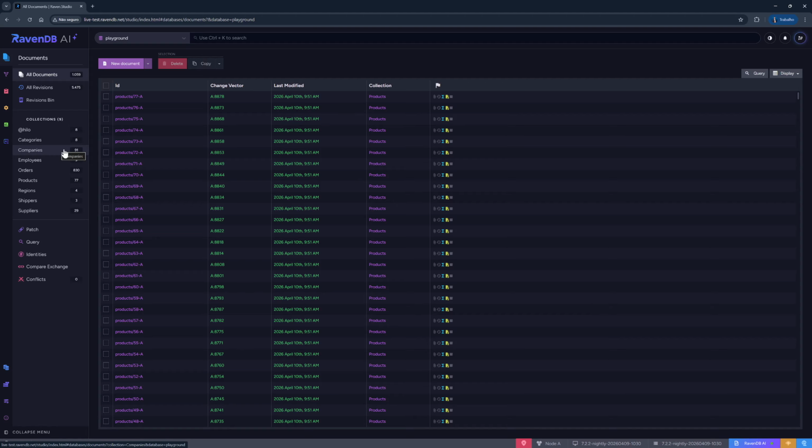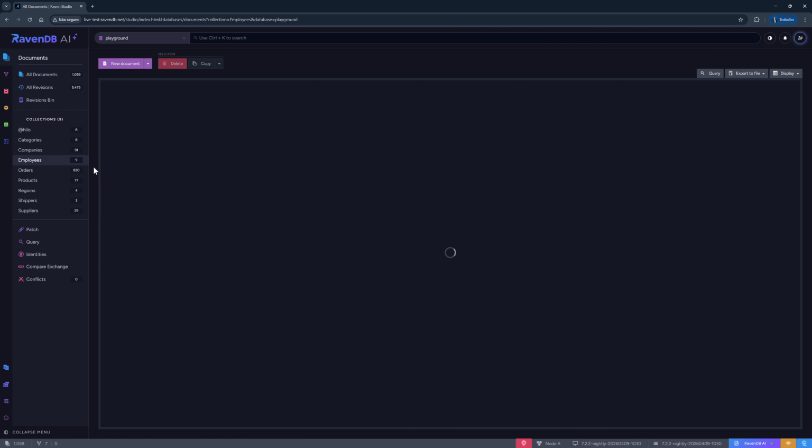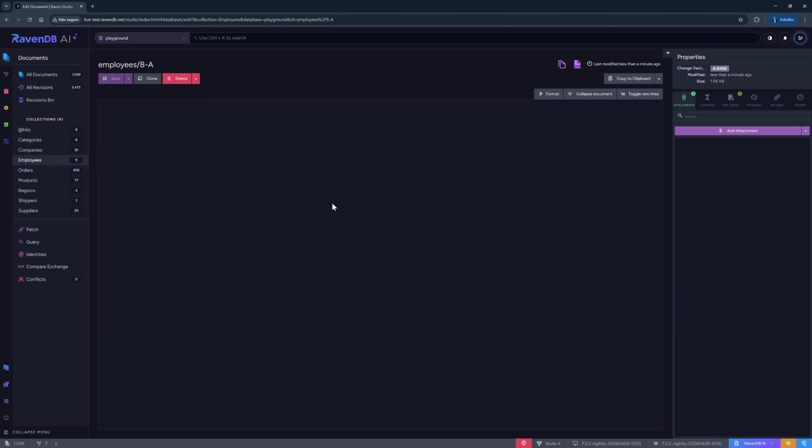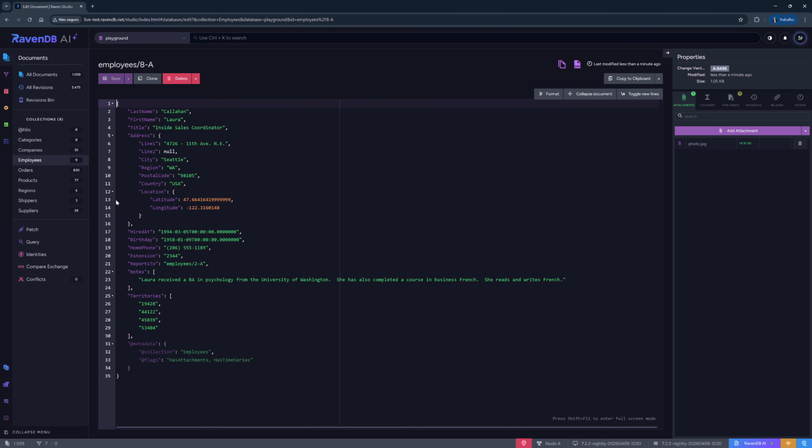Collections are kind of tables, but they do not exist physically. They are just groups of similar documents. So let's click on Employees, and you'll see the employees list. If you click on Laura, you'll be able to see her data. And here you can see, for example, that she lives in Seattle. Okay, so you can see that RavenDB stores JSON,